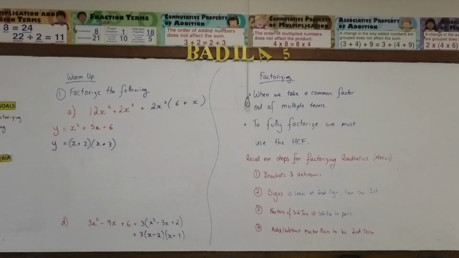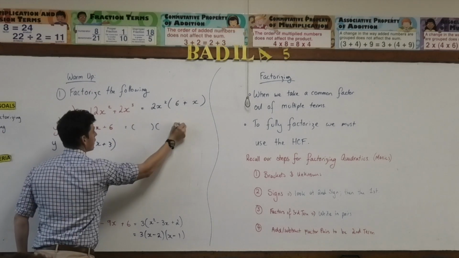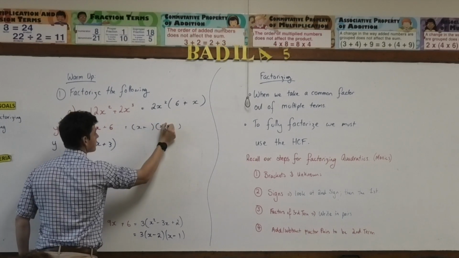In 30 seconds I'll give you the next step, but if you can find it on your own, it'll be far more beneficial. We factorise this, remember we did the brackets? That's not correct. x plus,